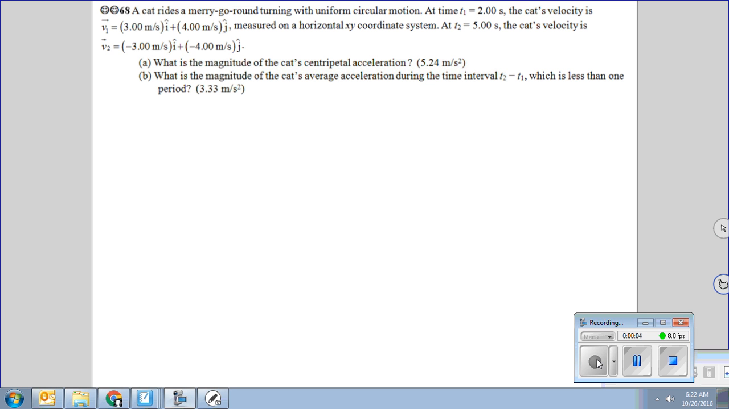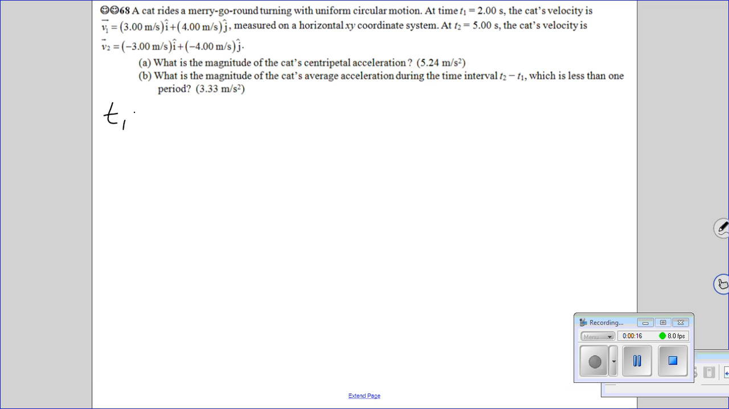All right, so here we go. This is number 68 from chapter 4 of the Halliday and Resnick book. We've got a cat riding a merry-go-round turning with a uniform circular motion. And here's what it tells us. It tells us that at time t1 equals 2.00 seconds, the velocity has a horizontal component of 3 meters a second